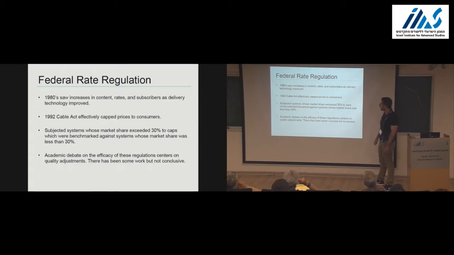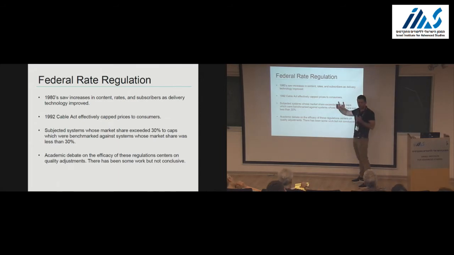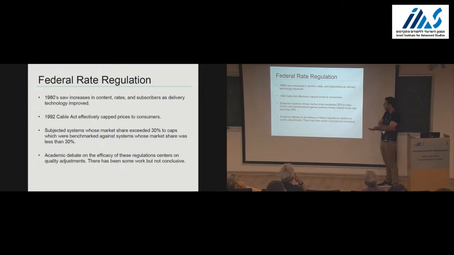rebroadcasting signals. Okay, so the satellites in the 1980s, you saw the industry took off. You had the HBOs, ESPNs, like everything went up. Content, prices, market shares. And prices were going up sometimes 50% from year to year. Okay, and so people were looking at that. They said, well, these guys are like monopolies. Prices are going up like crazy. There were actually Republicans pushing for cable TV regulation. Okay. And that's what happened in